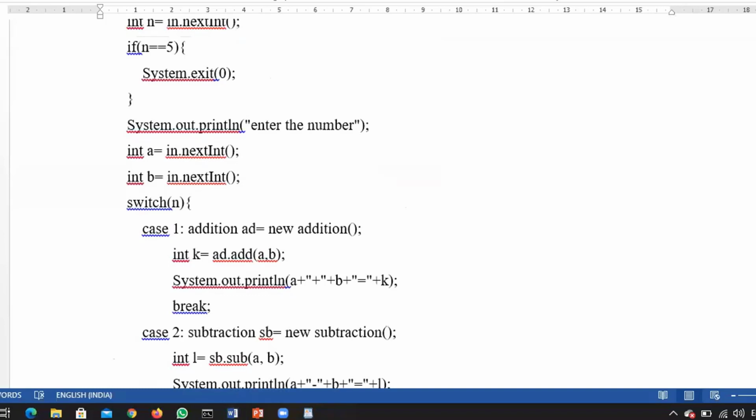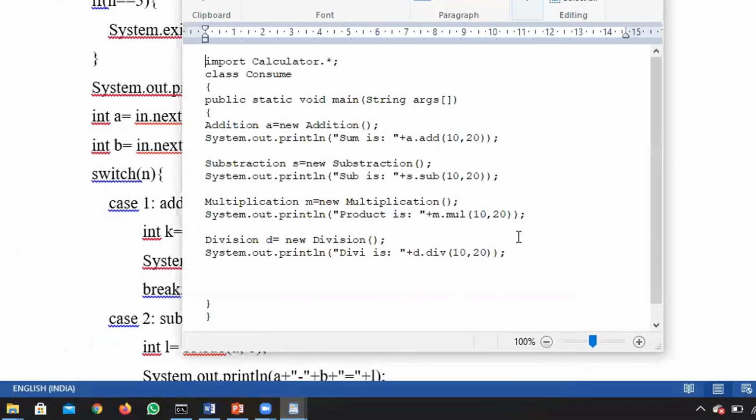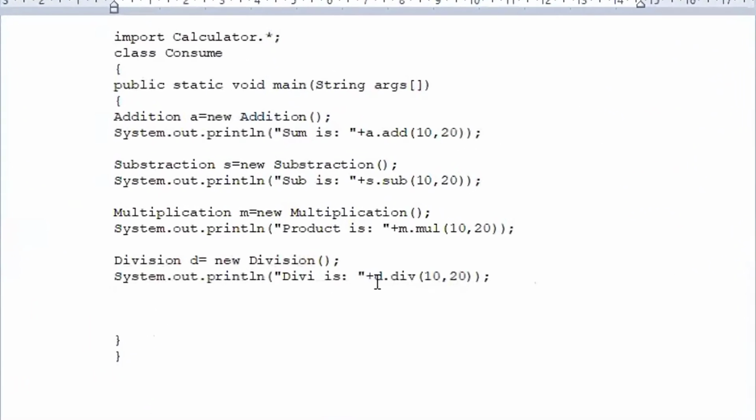It's possible for a division. You can go with the try and a catch. You wanted me to show that once again. Right, so here this is with respect to division. You are performing a 10 by 20. Here, instead of dividing 10 by 20, you add a 0 for this, right?